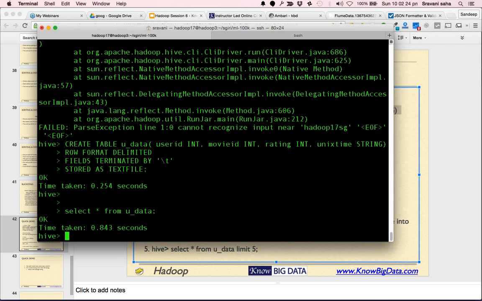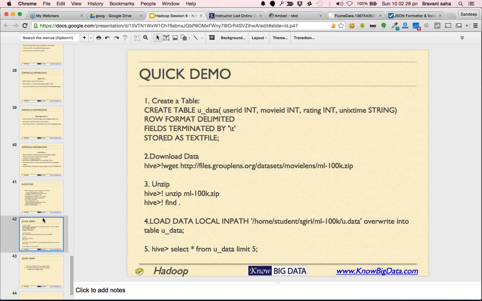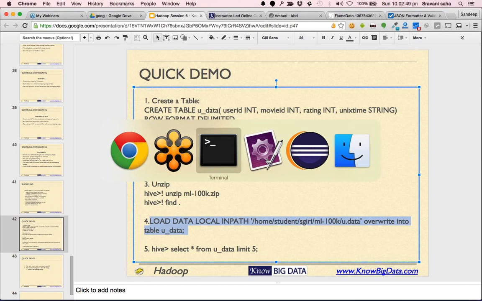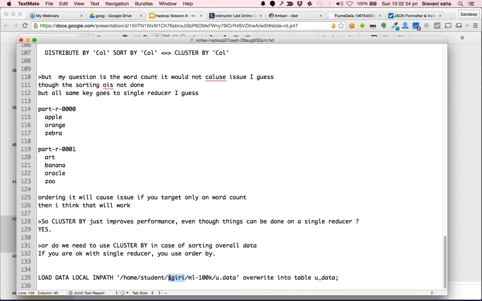nothing in it. All right, and to load our data into this table, we can say simply load data local inpath, and we can give the location of this folder and then overwrite into our table. We are saying delete the older data whatever is there in this table, and upload it. Okay, so our location, actually location doesn't matter, we can simply